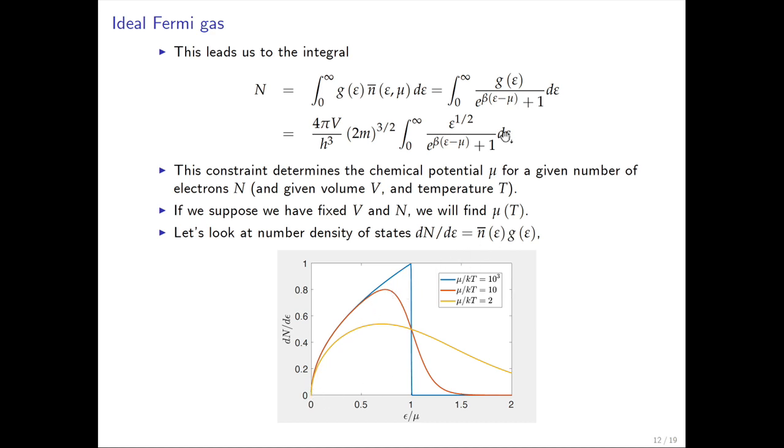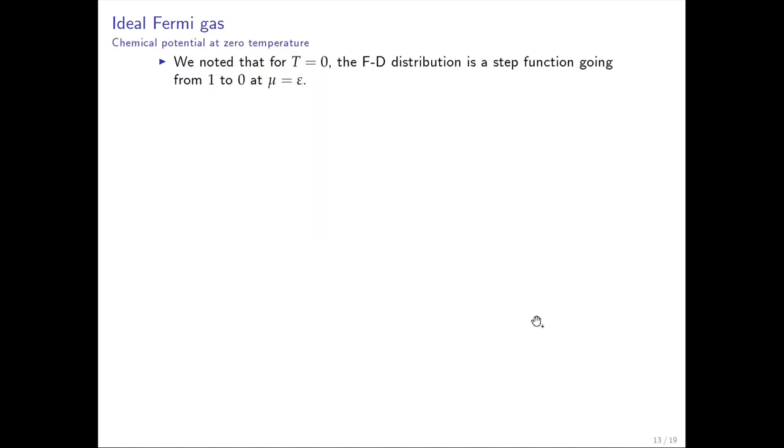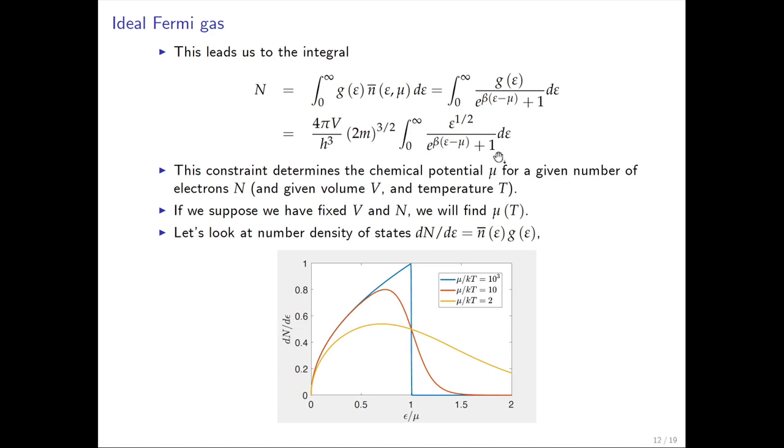The blue curve is our square root dependence of our density of states, and then of course it gets chopped off here at 0 temperature at the Fermi energy by this factor here. And as we turn up the temperature, it gets smoothed out a bit. And so what we have to do is we integrate this to find the number of particles. So in general, we have to evaluate this integral,